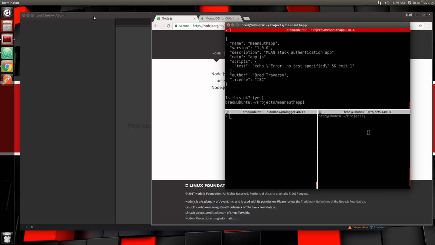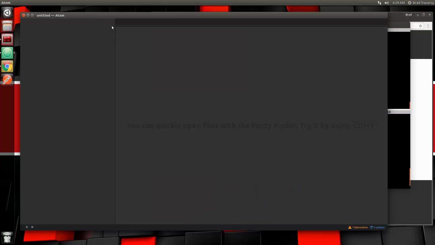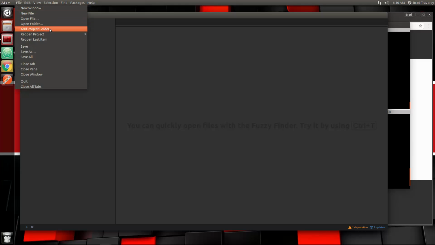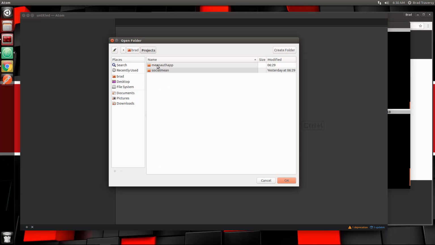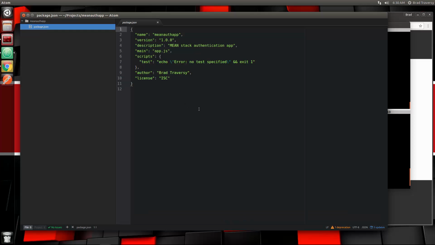Okay, so let's open that folder up in the text editor. I'm using Atom, but of course you can use whatever you'd like. I'm going to add a project folder, and I want mean auth app. Okay, so here's our package.json file. Now I just want to add a start script here,